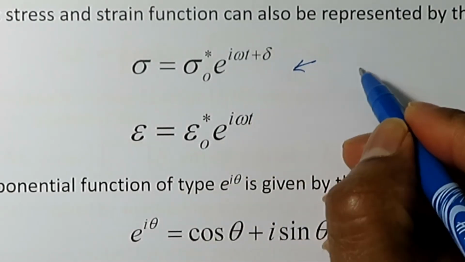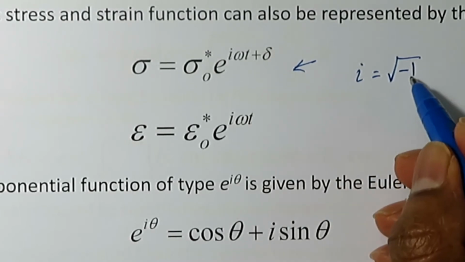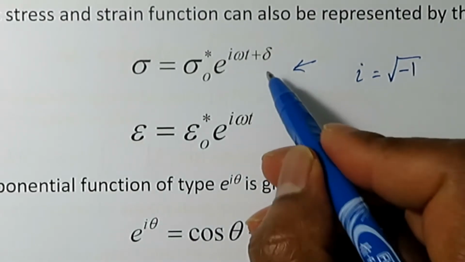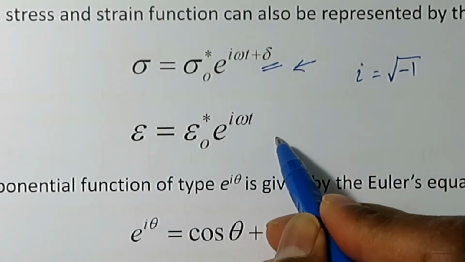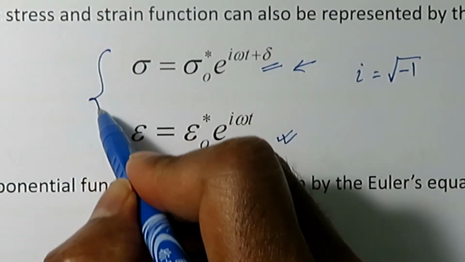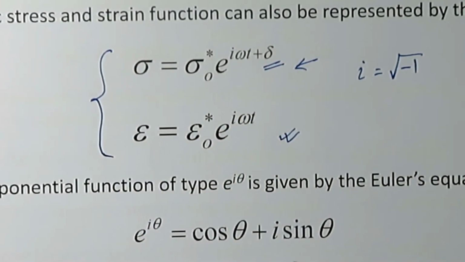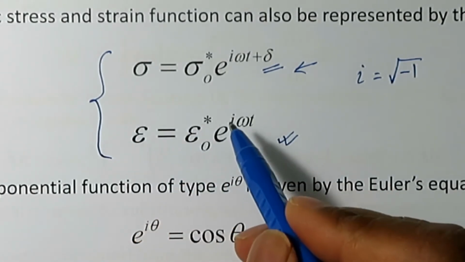So again i is the square root of minus 1. So here delta is the phase lag, and the strain will be defined by this equation. So by using a combination of these two for the stress and strain, we can define the dynamic loading